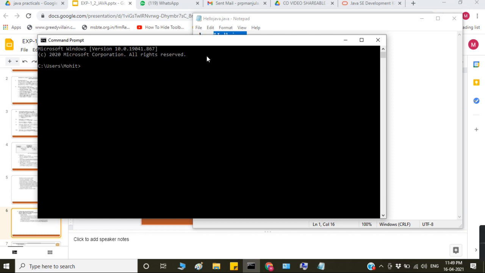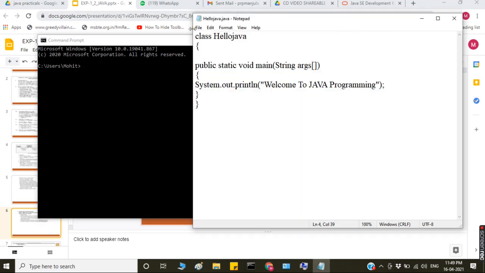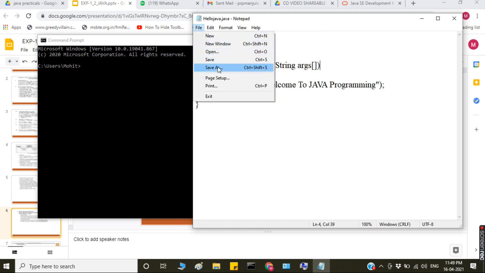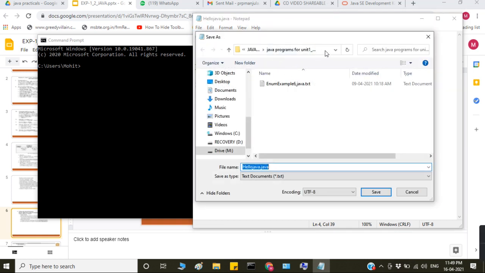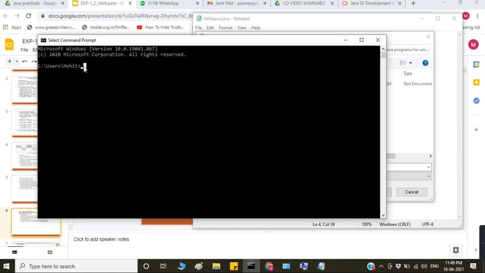Command prompt. And then you have to go to where your program is. Where I saved this file, I am taking this path, so Control C. And here change directory, cd means change directory, and paste the path where your program is. So in the M directory, I am setting M and colon, and then the path will come. Here there is no need to set the path because we already set the path.